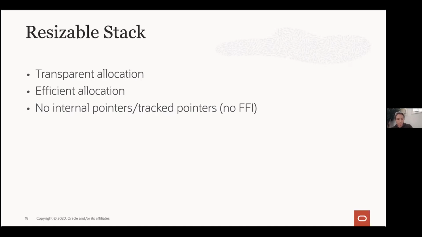On the common path, allocation is just a pointer bump in Java. So it's very cheap. Now, it's true that the same is true for native allocators as well, but I'm trying to simplify matters and just give a simple example. So resizable stacks can impact the cost of context switching from one process to another.